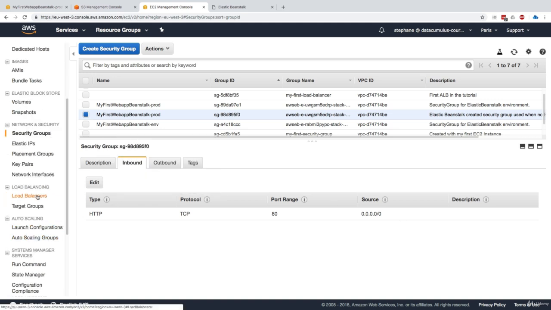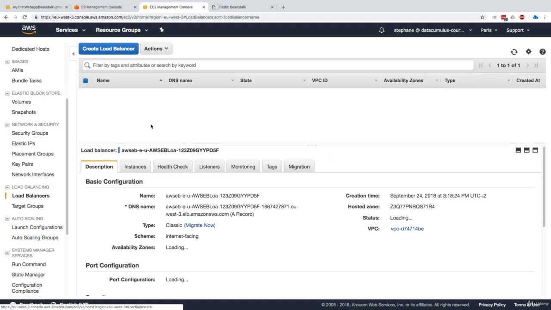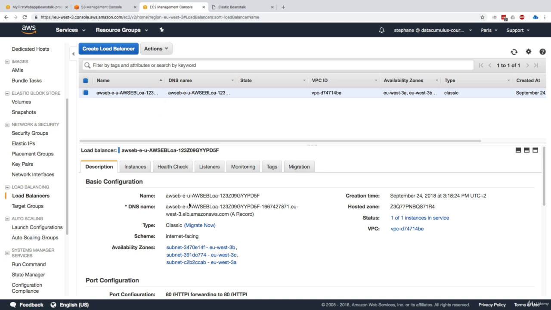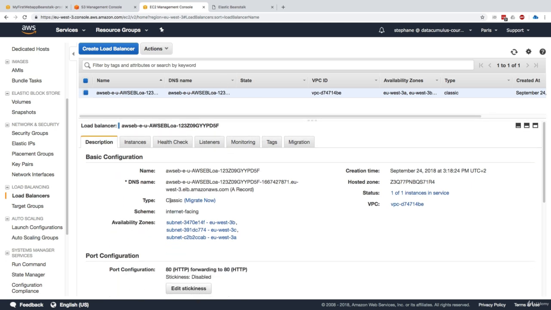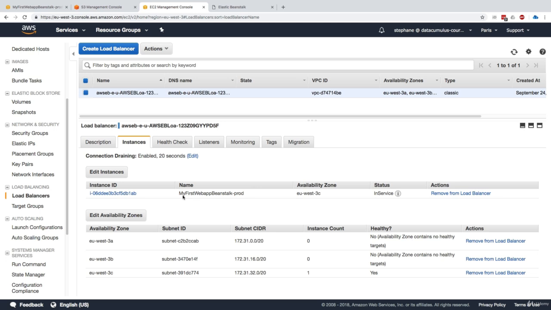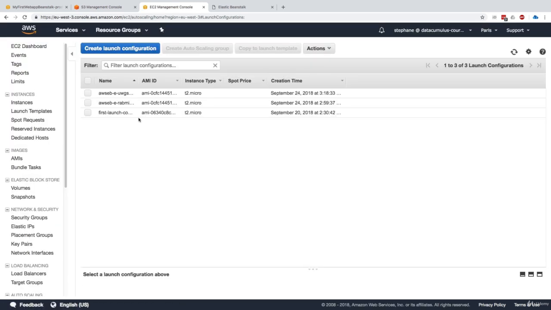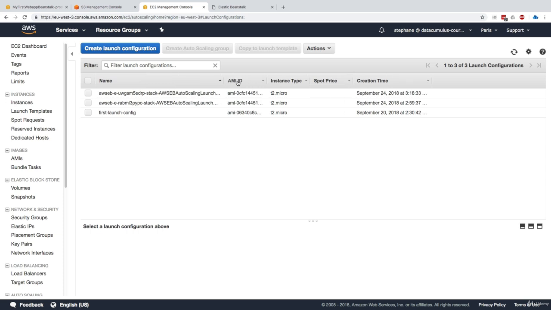Finally, we can go to load balancers, and we can see that there was a load balancer being created for us. So the naming convention may look obscure, but because everything is handled through Elastic Beanstalk, you actually don't have to manage these resources one at a time. This type is a classic load balancer, which is fine for now just to prove some points. And we can look at the instances, and we have our instance right here. It's in service, and we can see how many instances we have across AZs. And then finally, we can look at launch configuration, and there was a launch configuration created for my prod environment.